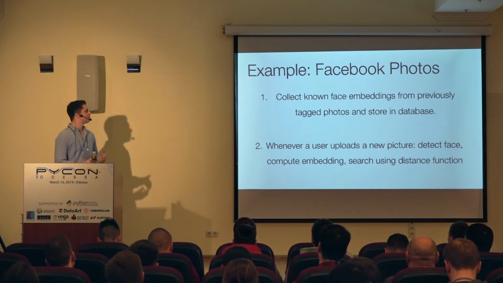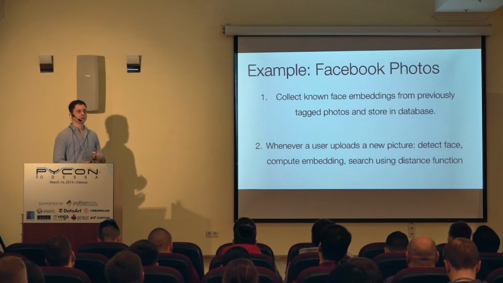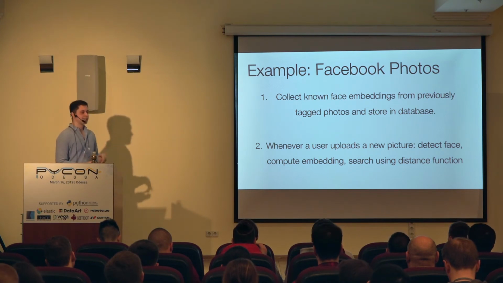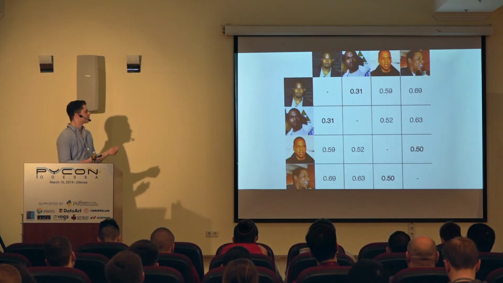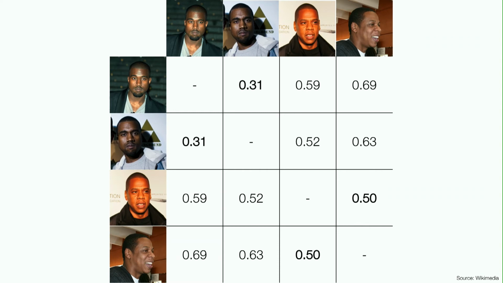So that's how, for example, Facebook makes recommendations for whoever is pictured in there. And using only those 4 lines of code, which is a pretty simple method, we can actually get something that works pretty well. So here's the distance in terms of the embeddings that we have. If you take the vectors and compare the distance between the vectors, we can see that the same person, even though they have different lightings or different angles, the same person has the smallest distance compared to the other